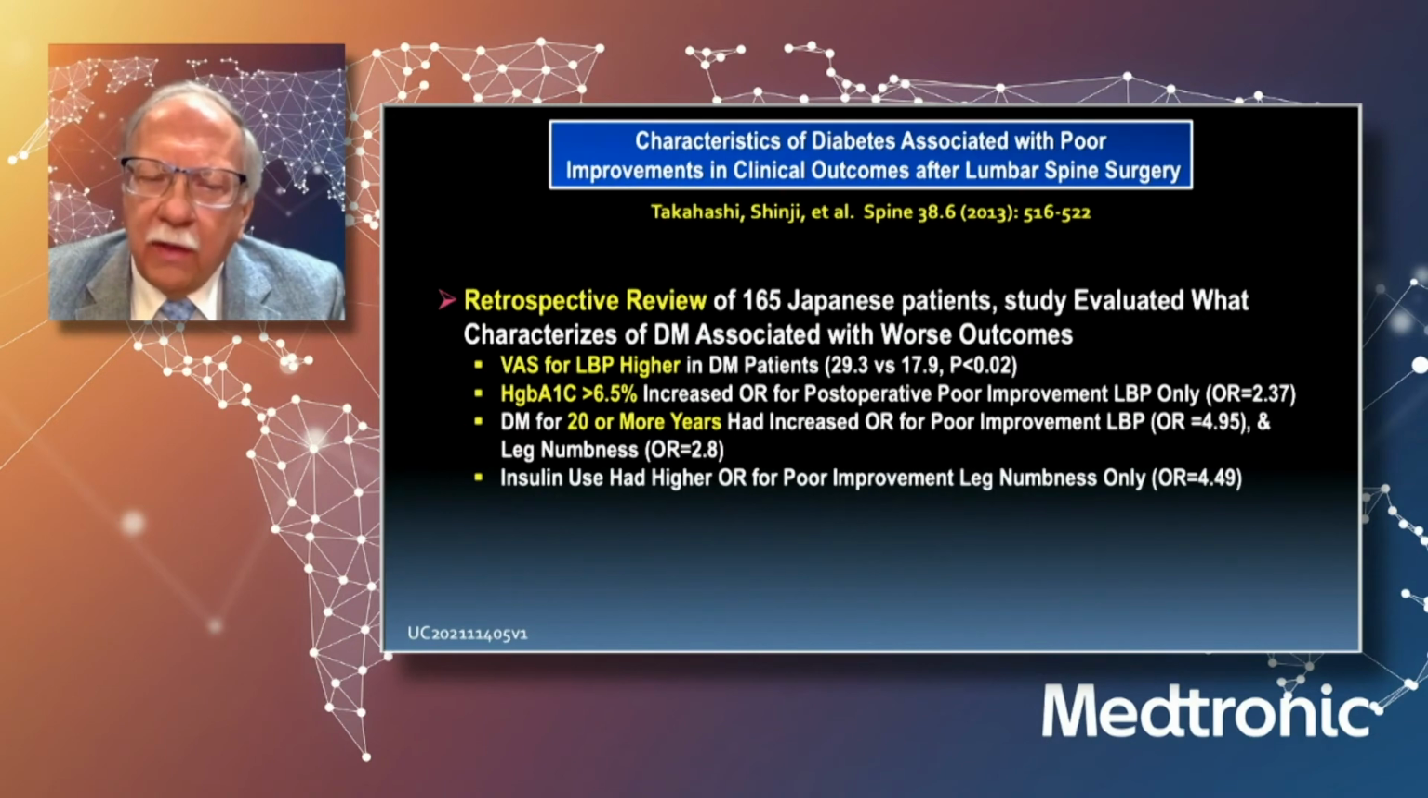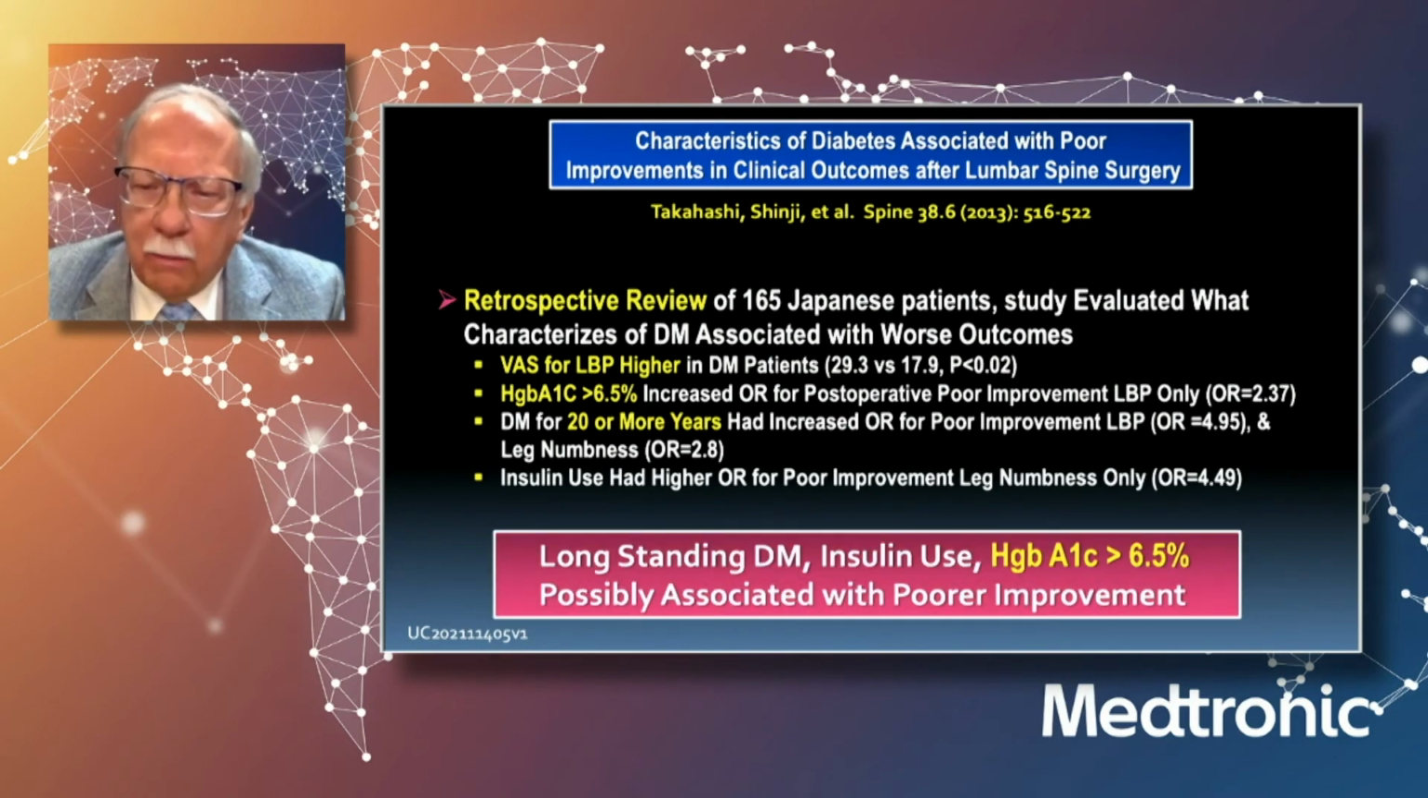Takahashi looked at this and found that an A1C over 6.5, which is really the metric you ought to use to clear these patients, was associated with significant potential postoperative complications and just basically poorer outcomes after the surgery. But the article I really want you to pay particular attention to is by